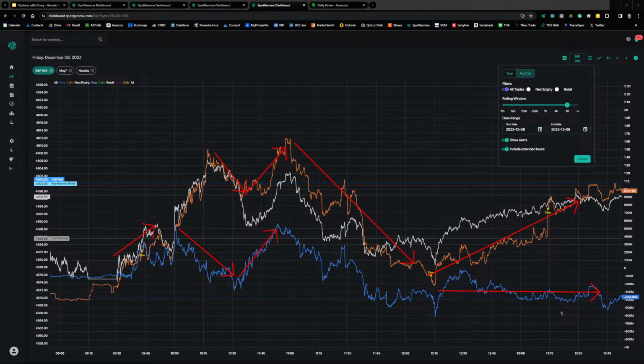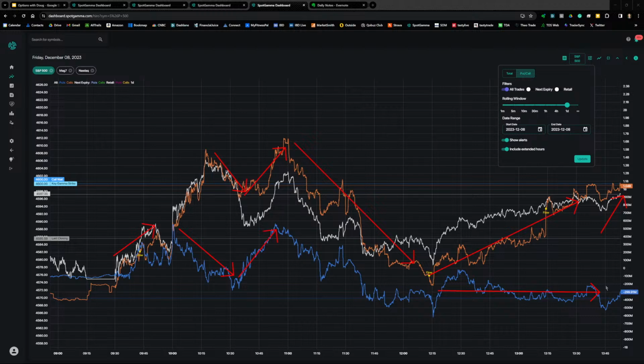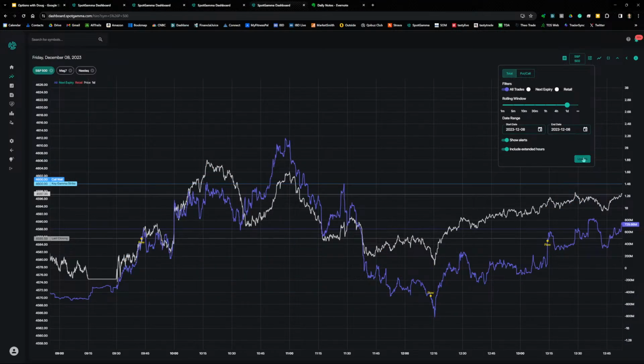And the call line really is having a pretty strong influence on price today. Notice the notional value just around 1 billion, which is pretty small, but traders are buying calls in SPX, SPY, XSP, and ES futures. When traders buy calls, market makers take the opposite side, so they're selling calls, and they have to buy futures. They hedge those options trades with ES futures. So up and down price action, heavily driven by options trades and market maker hedging activity today. All right, so let's go take a look at Bookmap.